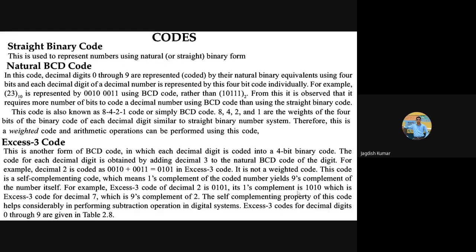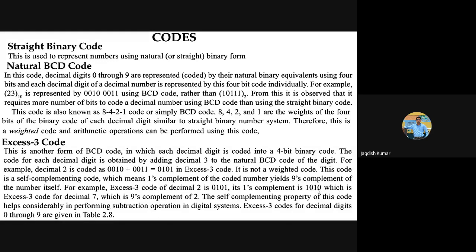What is one's complement of this? It is 1010, which is also not in binary form. There is one thing which you should notice clearly. This 1010 is not in straight binary form. This is also in XS3 code. If you are following XS3 code, you have to stick to XS3 code. So what is this number back in XS3 code? How to get this number?